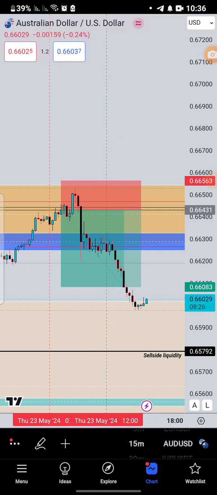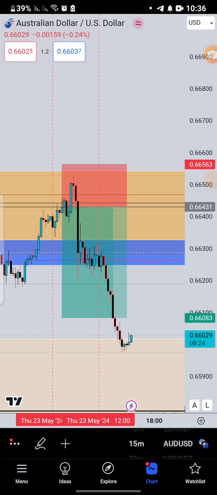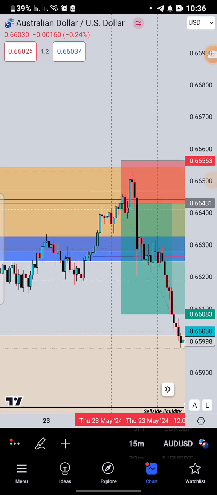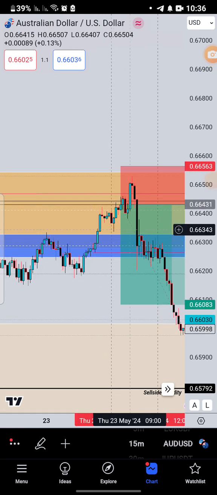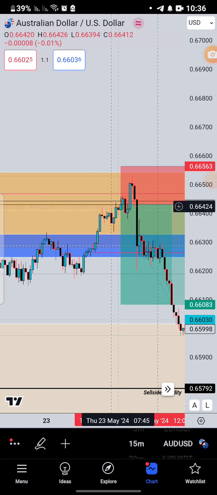So you can see, as we were heading into New York, we hadn't tapped into this 4 hour fair value gap. So someone who had seen this movement lower had maybe entered for a short, but for me, I was still chilled because we had this 4 hour fair value gap. So to me, this was the first fake move.